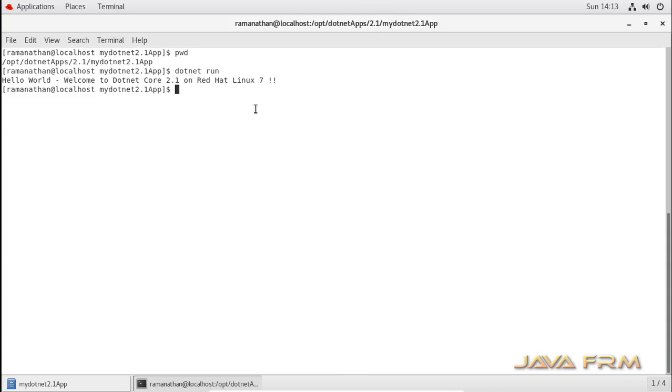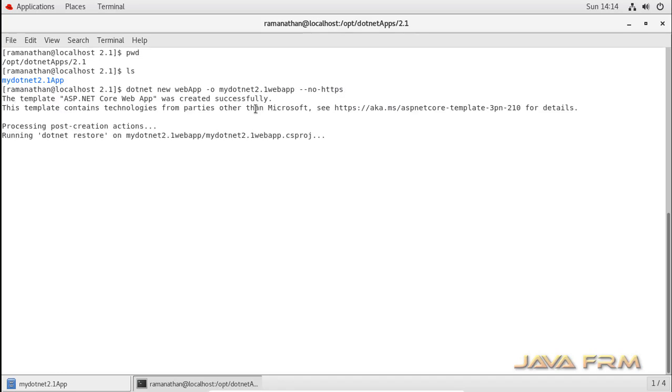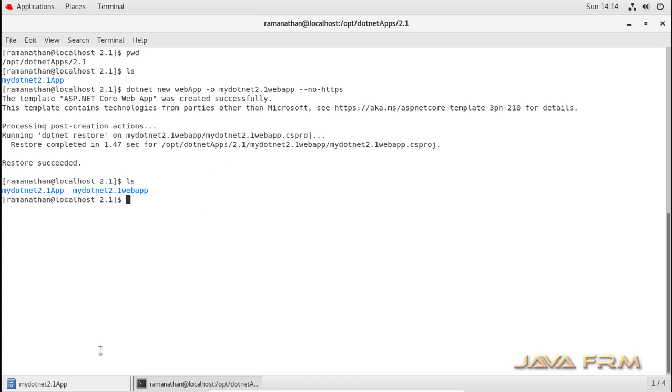Next we are going to create a sample ASP.NET Core 2.1 web application. This is the command used to create a web application: dotnet new webapp -o web application name, with the no-https option, which means this web application can run without the HTTPS protocol. Yes, everything is fine.